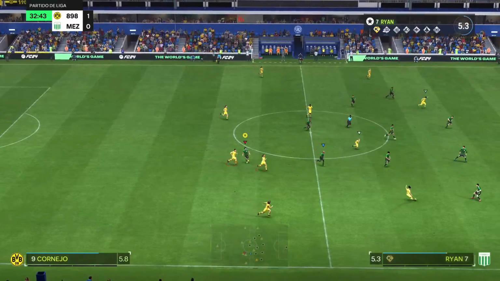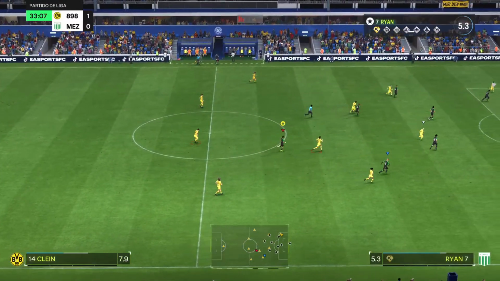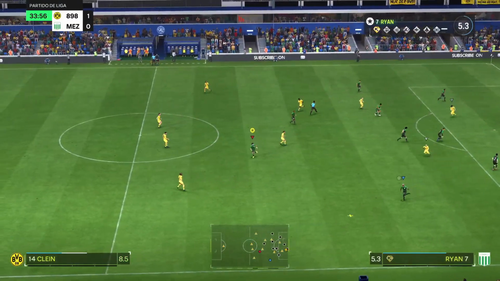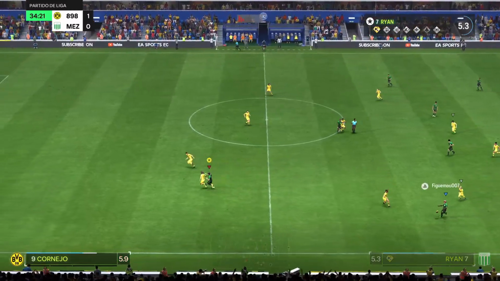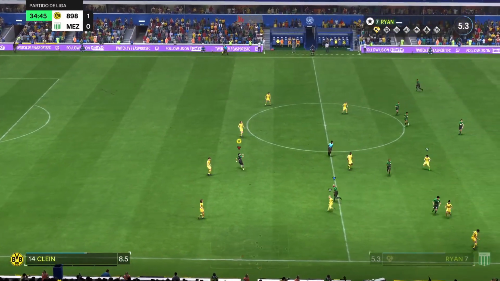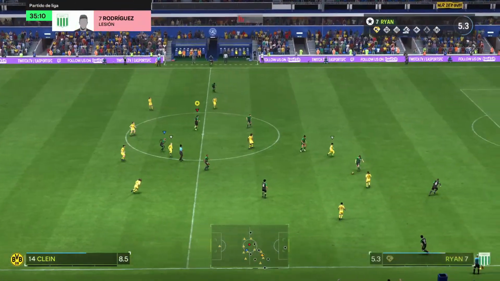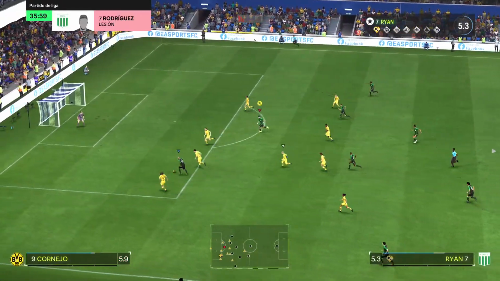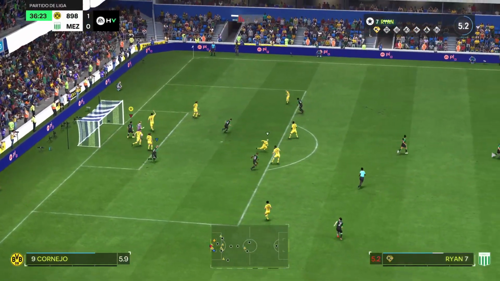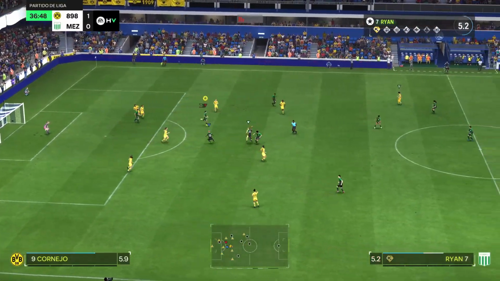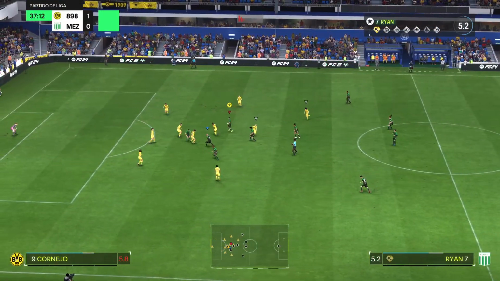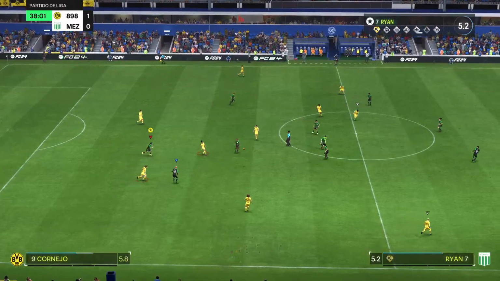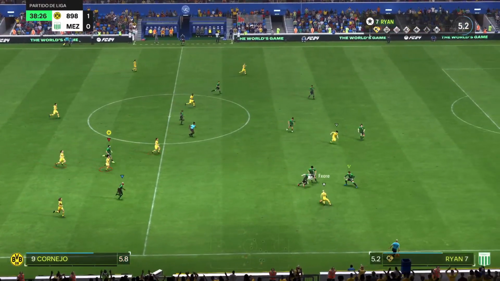Esta pelota puede terminar en algo peligroso. Le están quedando 45 minutos.